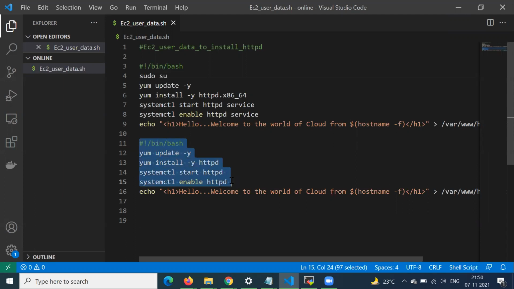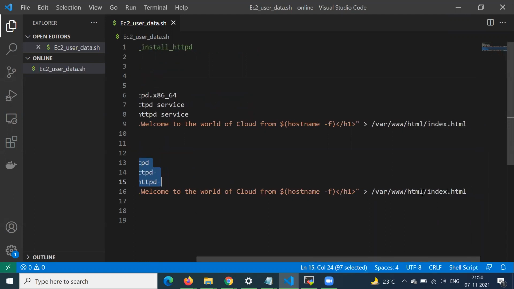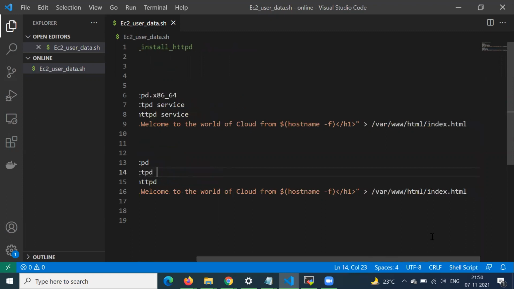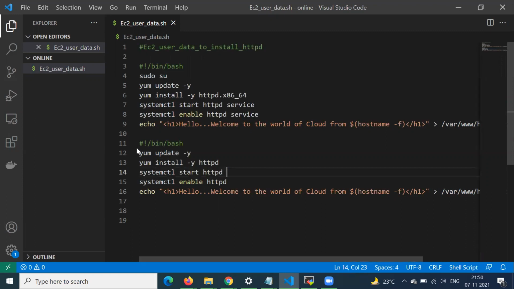So we copy till here only, right? We are not making any changes to the index.html file. In our current server, we are just installing this Apache server and enabling it. And in our next server, while we will be using this custom image, we will be making the changes in this index.html file, right?